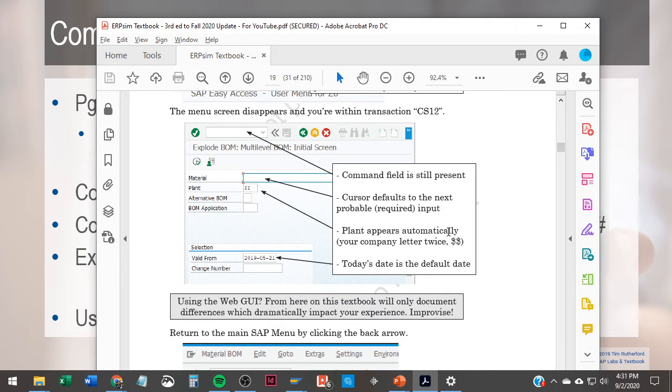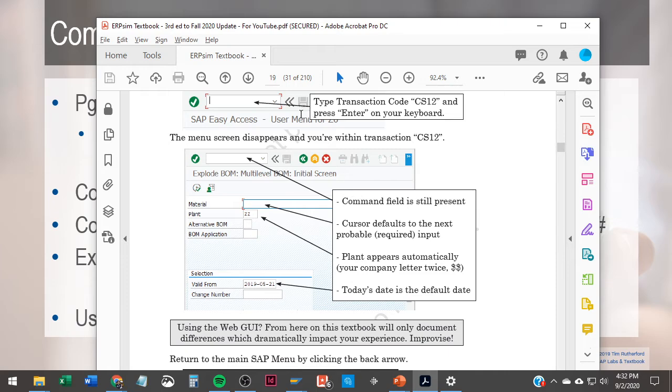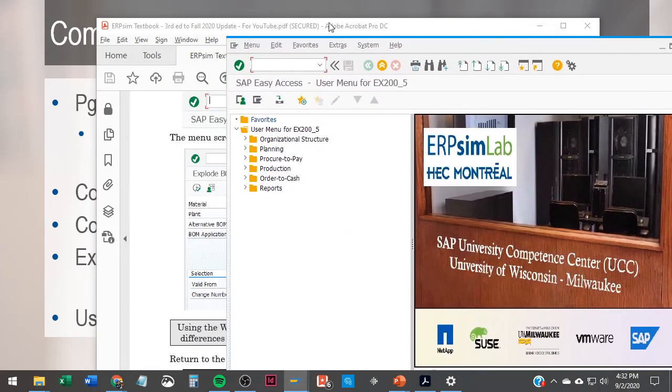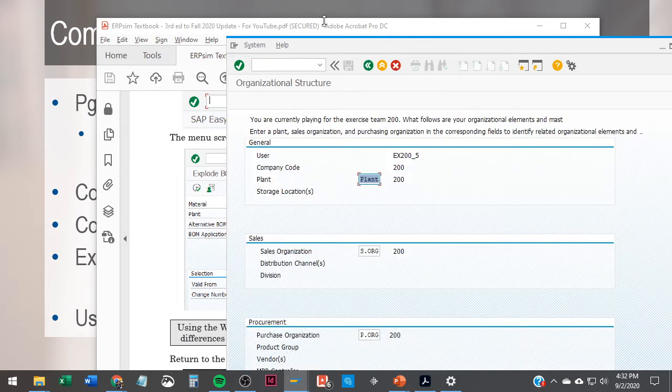The plant appears automatically, your company letter twice. And in the examples within the book, it's ZZ. That is not the case anymore. And what you'll want to do if you're trying to keep up with all this is you could use zorg,